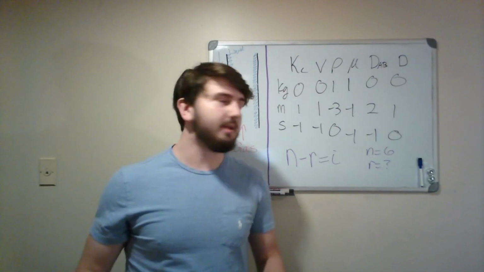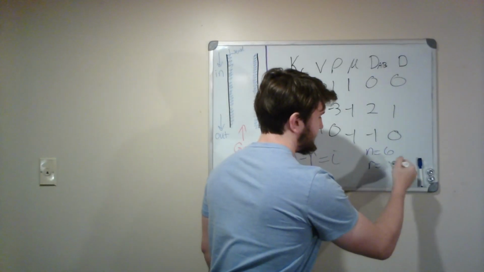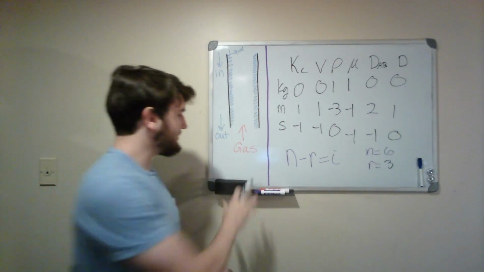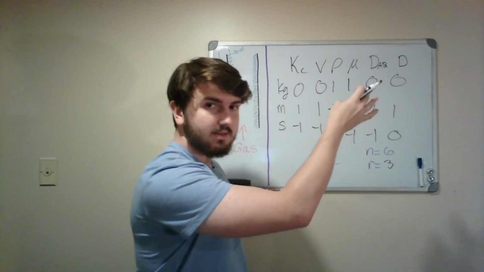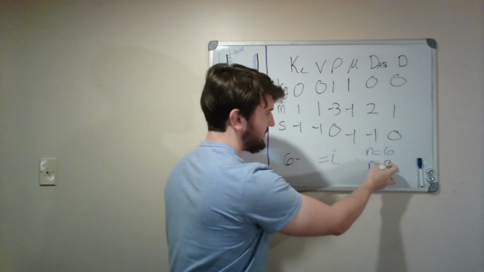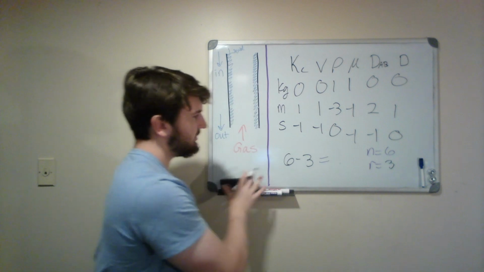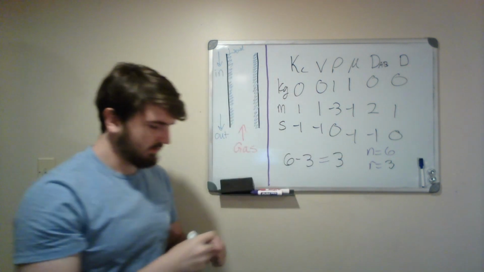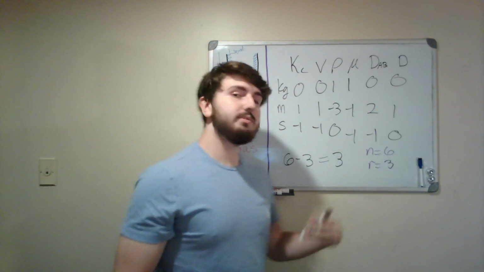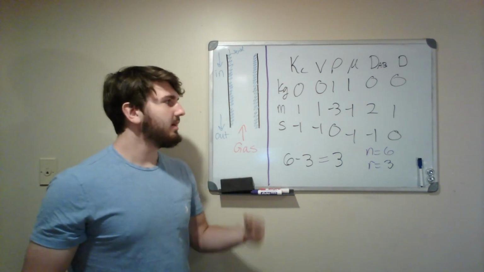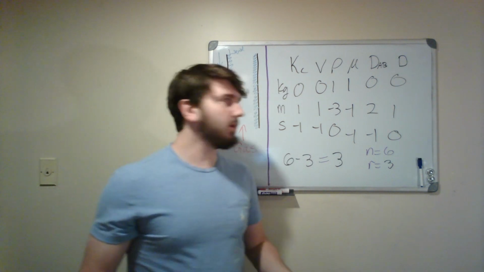So now that we have the rank, we can continue solving this problem. We know that the rank now is 3, which will allow us to solve this problem right here. We again know that there are 6 variables minus the rank 3, which gives us 3 dimensionless groups. This is great. We can work with this now, and to work further, we're going to be using the Buckingham Pi method to solve for those dimensionless groups. And we're going to use that because it'll make the problem easier to work with,